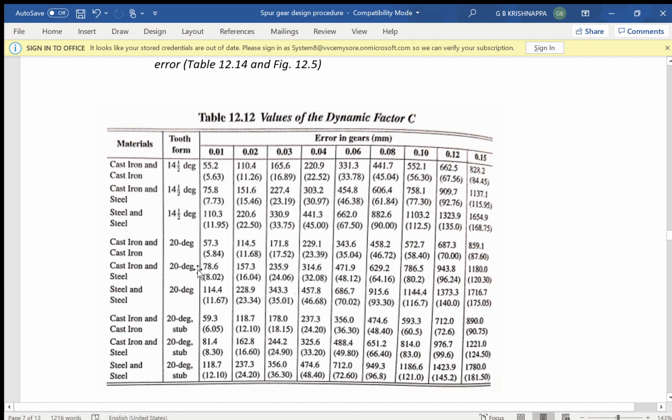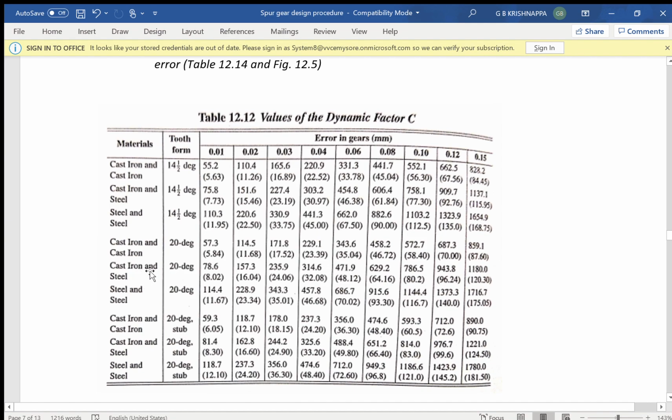This one is 20 degree full depth involute, this is stub tooth, and this is 14.5 degree. So cast iron and steel are the materials. Usually cast iron is used for the gear and steel for the pinion. The pinion being the smaller, it is better to take a high strength material. We don't have a 0.05 error, but by considering these two values,